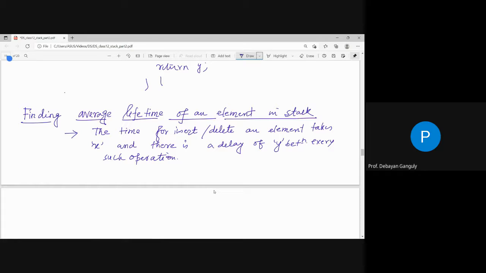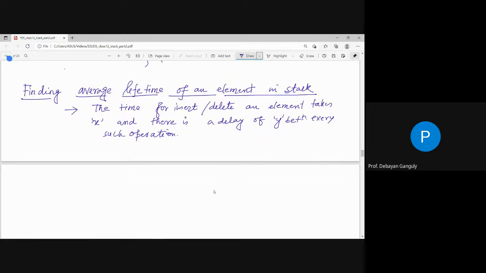একটা এলিমেন্টকে পুশ বা পপ করতে x টাইম লাগছে, এবং পুশ করার পর আমায় y টাইম ওয়েট করতে হচ্ছে, বা পপ করার পর আমায় y টাইম ওয়েট করতে হচ্ছে। মানে একটা এলিমেন্টকে আমি পুশ করব, পুশ করার পর I have to wait for y time, then I can again push or again pop, that is a simple thing. এবং লাইফটাইম মানে কী বোঝাচ্ছে? The lifetime